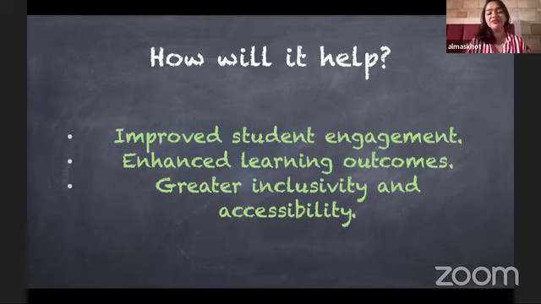And if the outcome improves, this also, like I talked about, brings feeling empowered and feeling valued. So there's greater inclusivity and greater accessibility, so that everyone feels included, everybody feels they have access to the teacher, access to what the teacher wants to teach. Because when you differentiate, when you bring in those differential ideas, it makes them feel like, okay, we all have